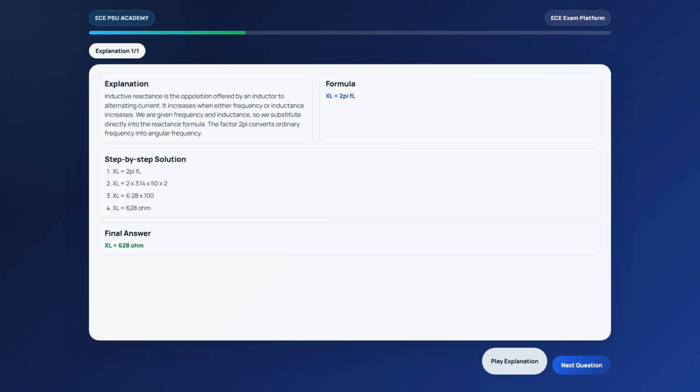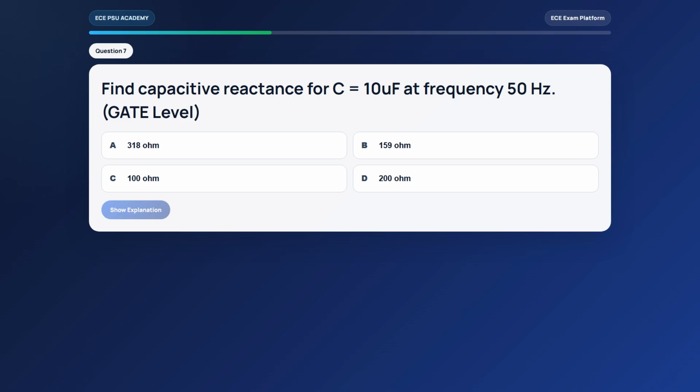Step 3. Simplify the calculation. 2 times 3.14 equals 6.28, and 50 times 2 equals 100. So, 6.28 times 100. Step 4. Perform the final multiplication. 6.28 times 100 equals